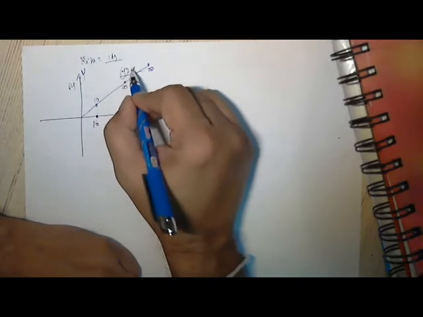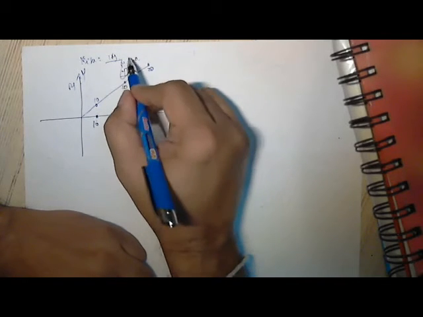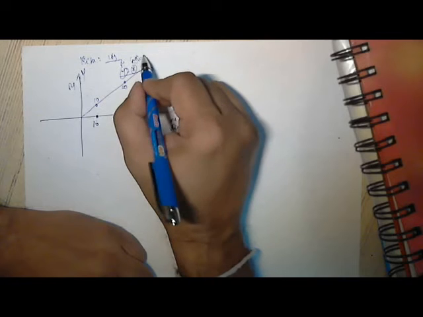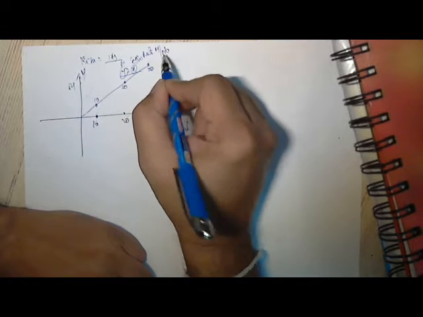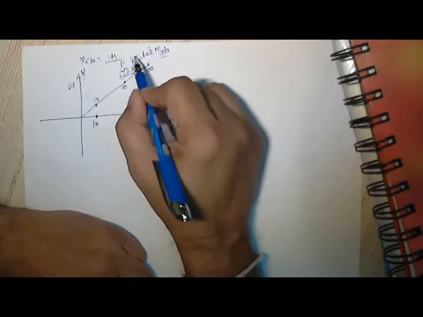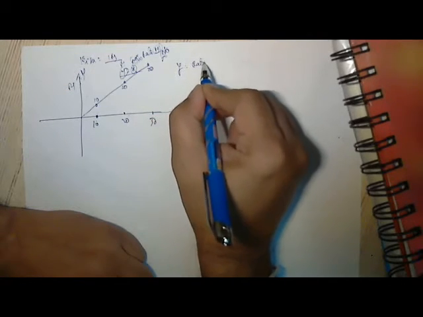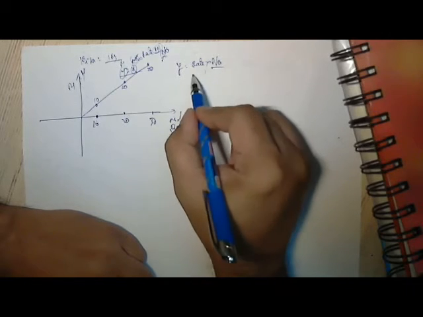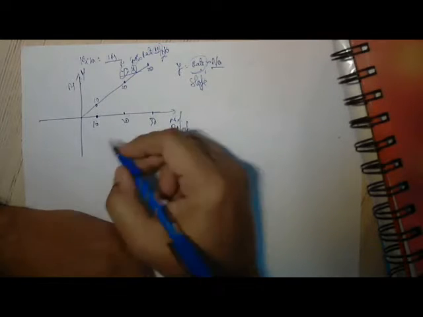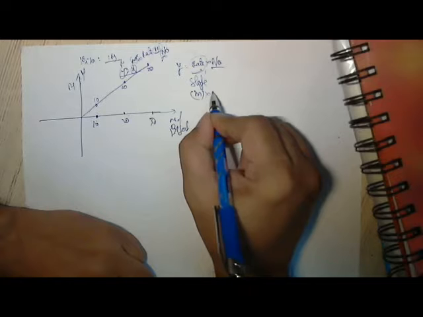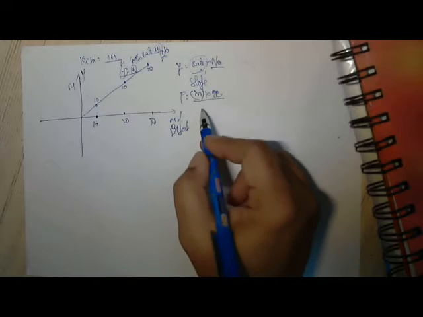Here the y and x units need not be the same. Here the unit is rupee, here the unit is number. So what we are multiplying with the number, we are multiplying with the rate, rupees per one number. When I multiply the rate of rupees per number with the number, the number gets cancelled, and I get rupees, which is the y axis. Y is equal to rate into number. This rate, in this case, we call slope, m. Y is equal to m into x. If m is 1, then it becomes y is x.